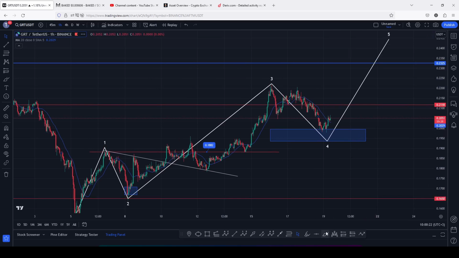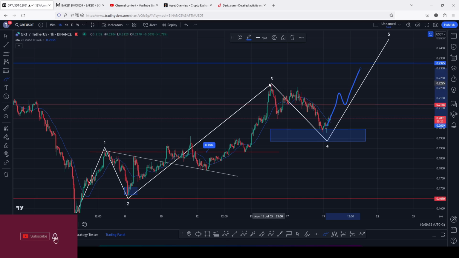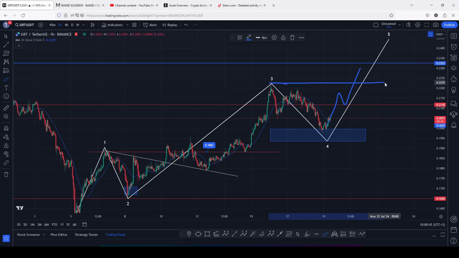And first we need to see a break above the 0.2118, which is a significant key area of resistance, with a retest. And once that plays out, we also need to see a break above this significant high in that Elliott wave count 3 above the 0.2223. And the moment you manage to break above those significant areas, then that will be enough confirmation that we have now bottomed out in this Elliott wave count 4, and we have started our impulsive move to the upside in